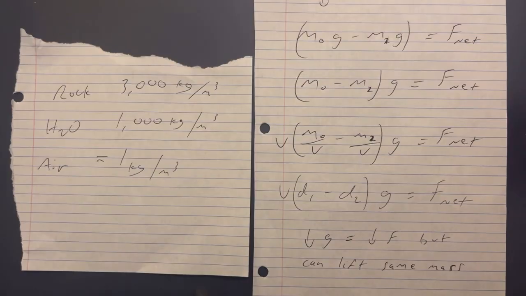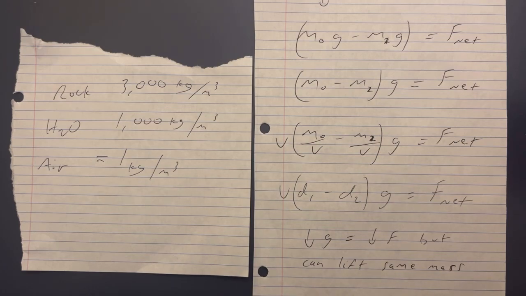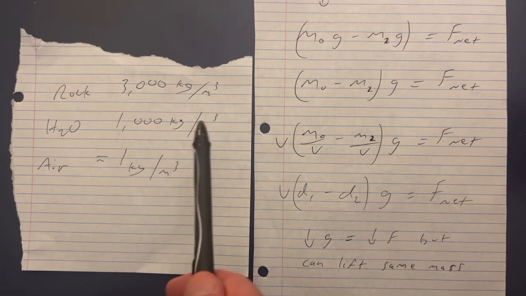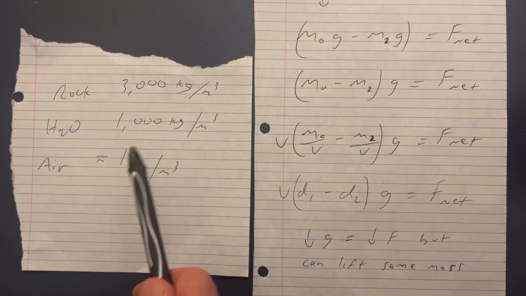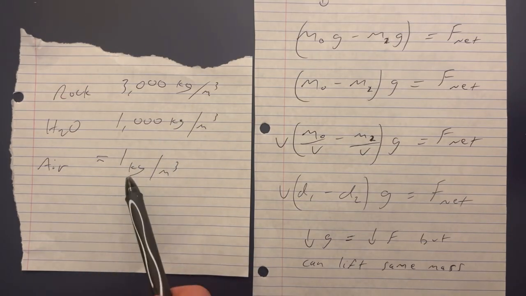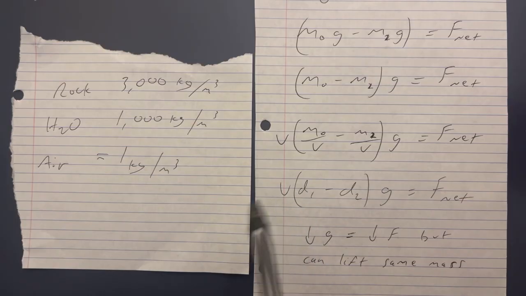You could plug in some numbers here just to see what would happen. Take the density of a rock, say about 3,000 kilograms per cubic meter. Google said limestone was around 2,500 or 3,000 kilograms per cubic meter. Water is about 1,000 kgs per cubic meter. Air is about 1 kilogram per cubic meter. If our volume is just 1 cubic meter, then that simplifies the equation because we don't have to calculate the